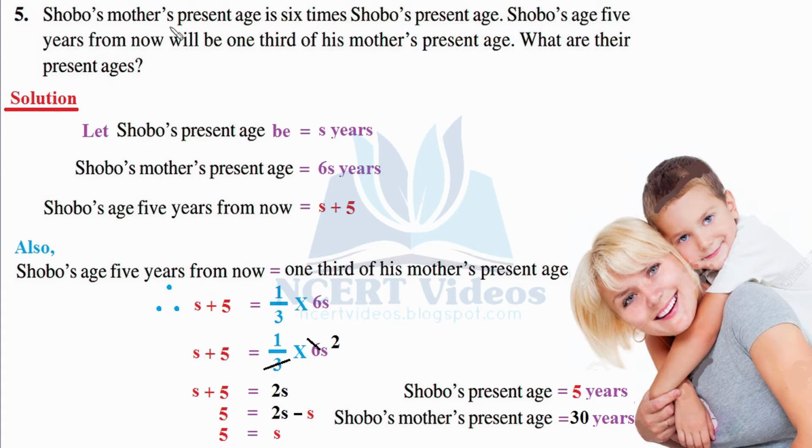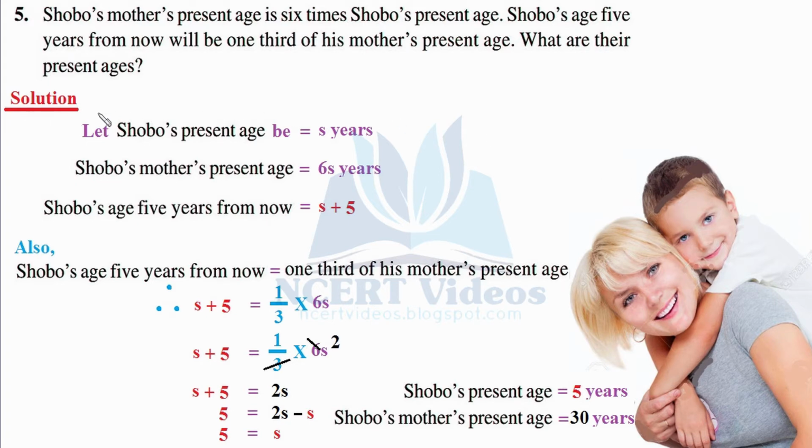This question has given us two statements as our hints and we have to find their current ages. So this question seems easy. First of all, we shall try to visualize this question. So we have Shobo here with his beautiful mother and we are given two hints which will ultimately help us in finding their present ages. So with this idea, let's try to solve the question.